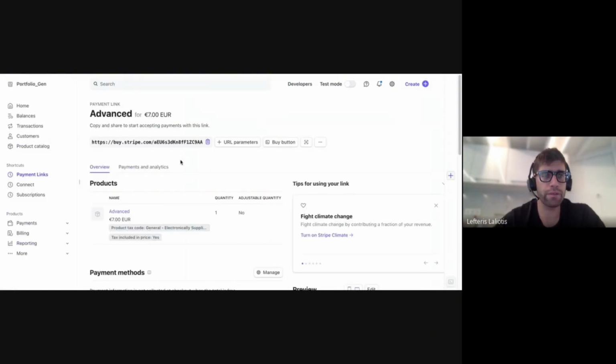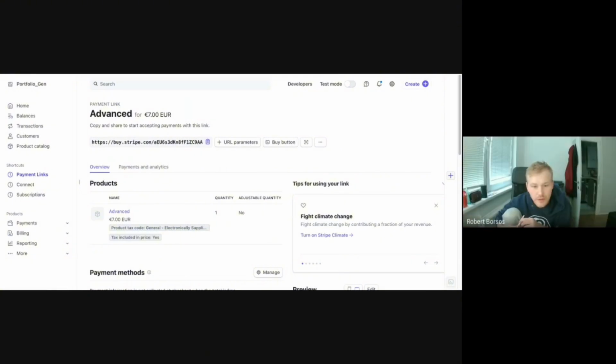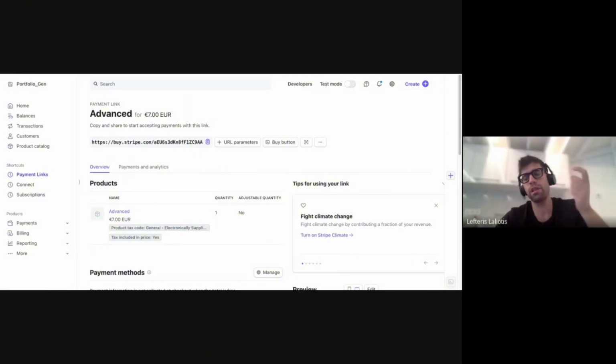Now we have created the link, and you see a link generated. If you copy this link and put it in your code, behind this buy button, checkout button, wherever you want, then whenever the user clicks the buy button, they will automatically be redirected to this page.